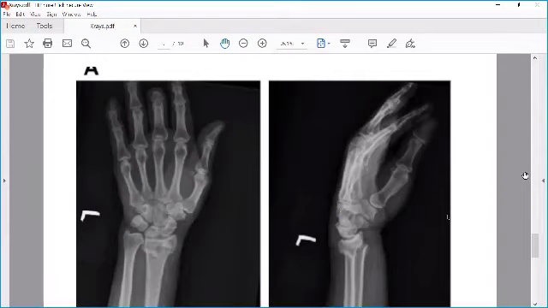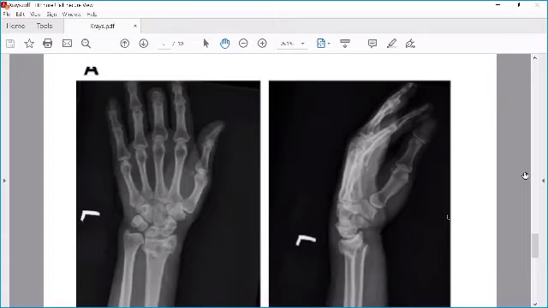And this is a painful thing, because you will give traction and pulling and manipulating. So it is very painful. So first you give a slab. Once the swelling subsides, then you can go for a closed reduction and cast application. So you have to know what is the displacement in Colles and how you will reposition it. Okay, so make note of it and read about it.